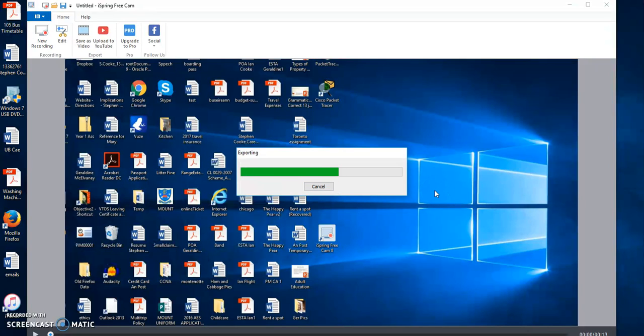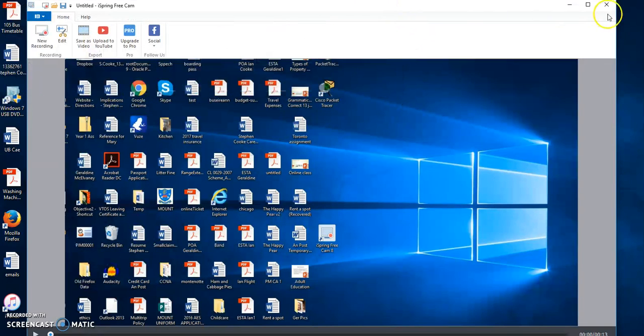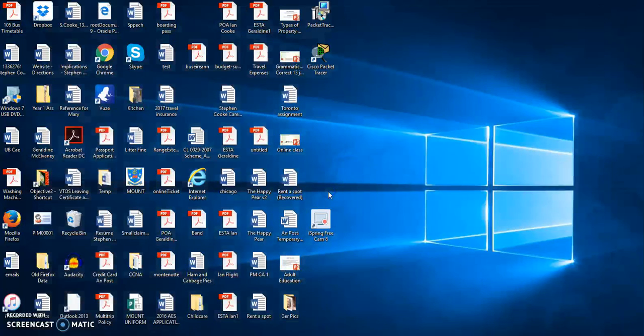And again, it depends on how big your video is. So if it's like a 2-3 minute long, this process takes a lot longer, as does the option to upload it, and then that's it done. You can see there it is there now. Okay, so then once you're finishing, just exit out. You already have saved the recording, so you don't need to worry about saving it a second time. And that is